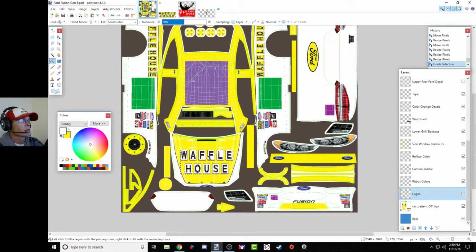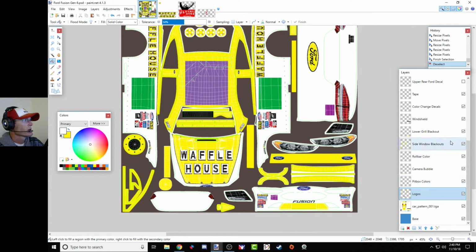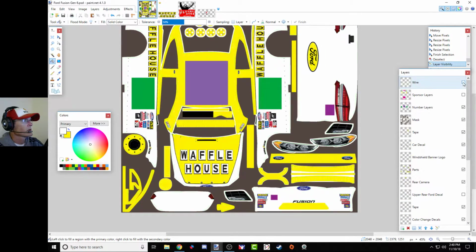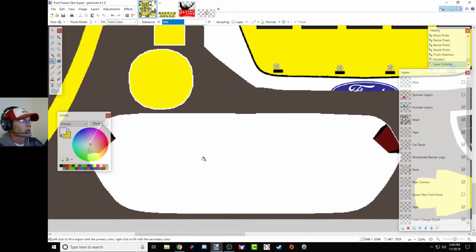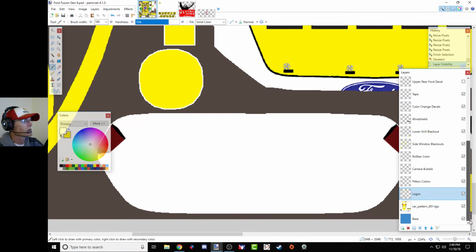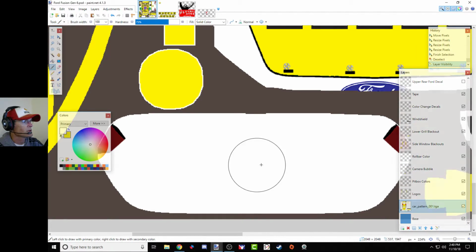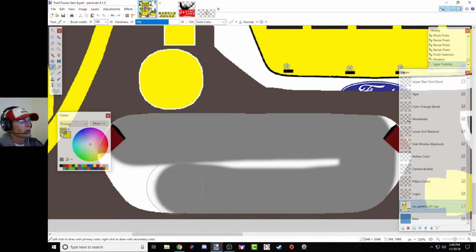Now because I've got that selected, I need to hit edit, deselect. And I'm going to go back up to my wiring. And this is tricky on this Fusion, because you can't see any of the wiring on this paint, right? So what I'm going to do is temporarily paint this layer, this insert, a darker color. So you go back down to your car pattern, because that's part of your car pattern. And I'm just going to do this right here. I'll come back and paint it white in a minute, but